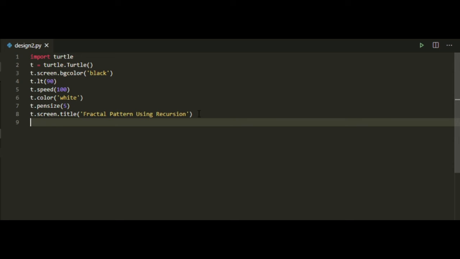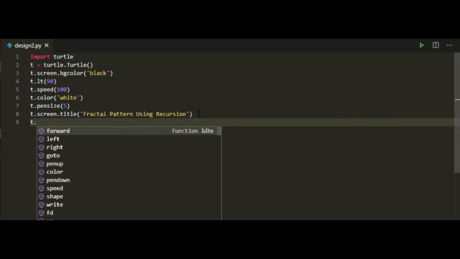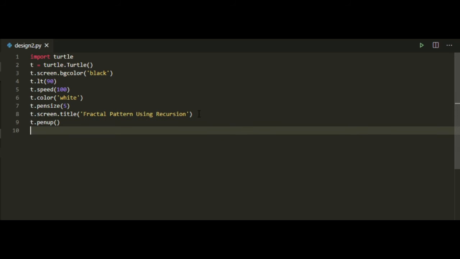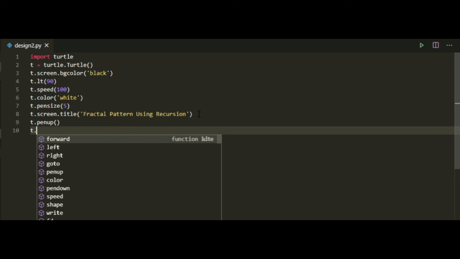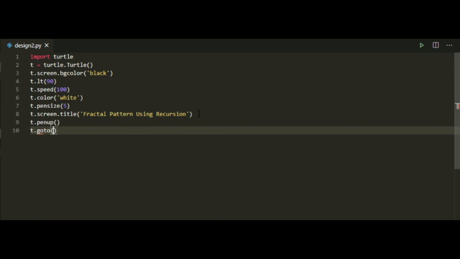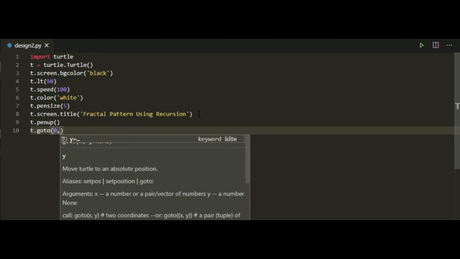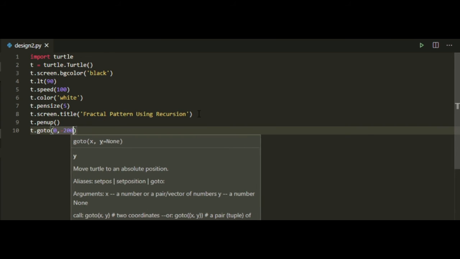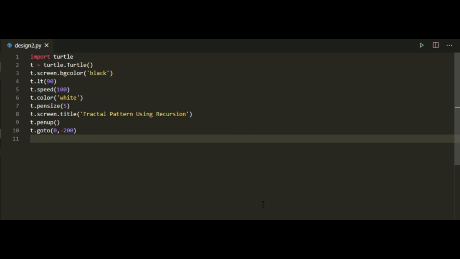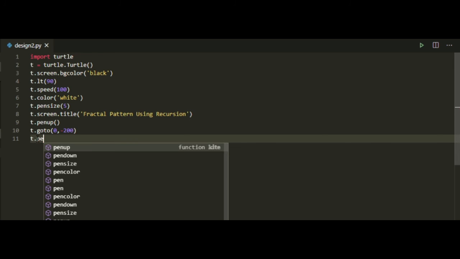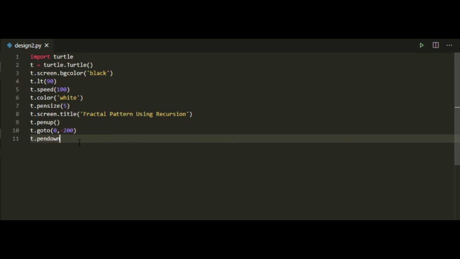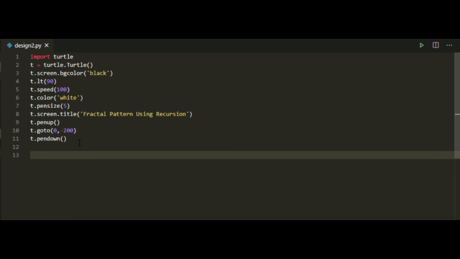Then we'll say t dot penup, t dot goto, and we'll write 0 comma minus 200. That will get our turtle beginning from around somewhere here, and then we'll write t dot pendown. Now we are ready to go.